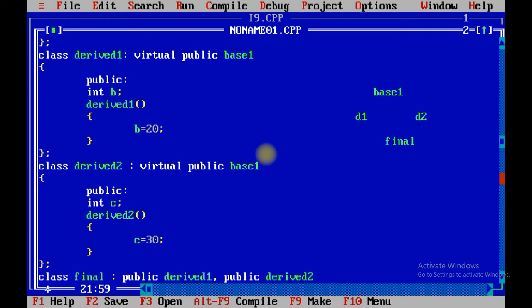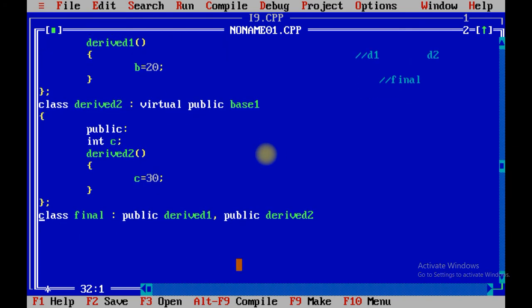In this way the structure is created, but we have used virtual, so the final class will get the single copy of base class 1. So a 50-50 partnership is possible because we have used the keyword virtual. Virtual means a single or unique copy which is referred to by the derived classes.